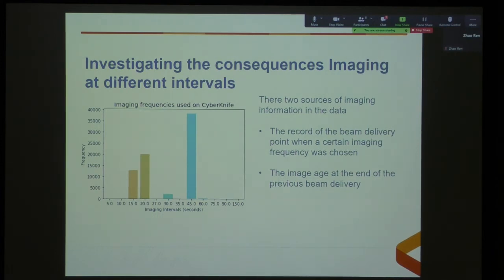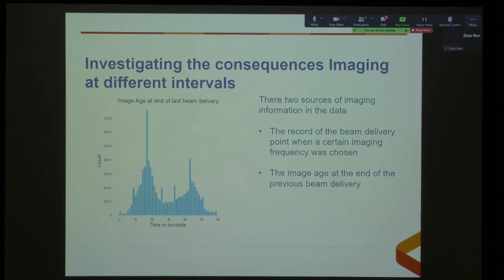So looking specifically at each shift, the imaging frequencies that we've got are 15, 20, 45 for the most part. There are 2 ways that I can gather the imaging data from my data set. One is the imaging frequency that the radiation therapist selected at that particular beam delivery. The next is what's called the image age, which is taken from the time that's provided at the end of